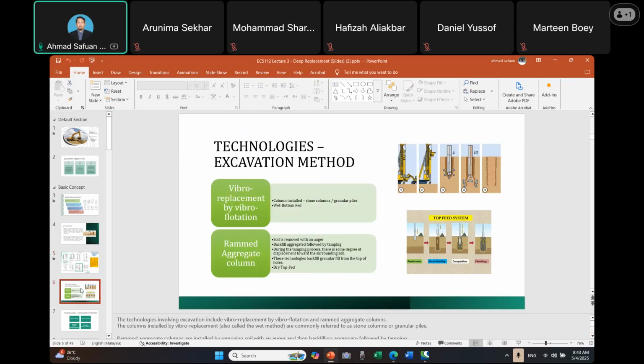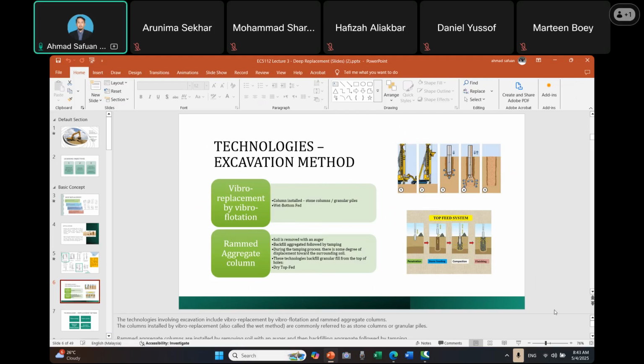Technologies involving excavation include vibro replacement by vibro flotation and rammed aggregate columns. The columns installed by vibro replacement, also called the wet method, are commonly referred to as stone columns or granular piles. While rammed aggregate columns are installed by removing soil with an auger,